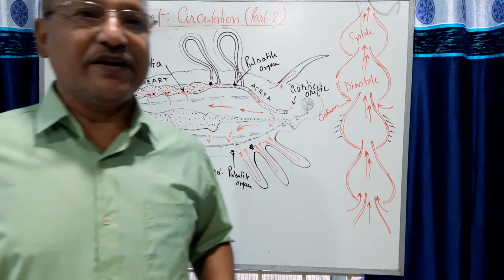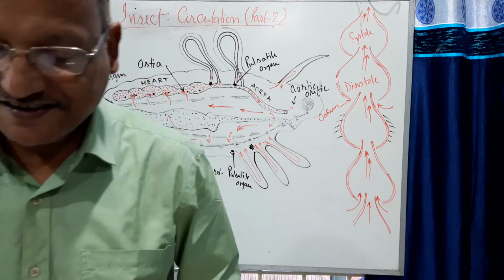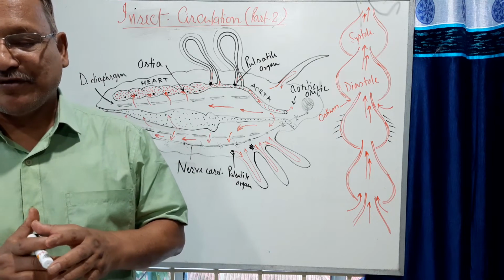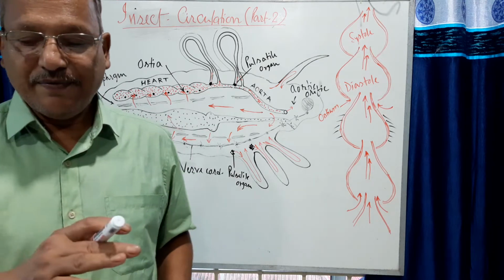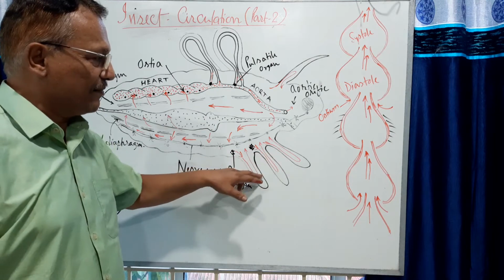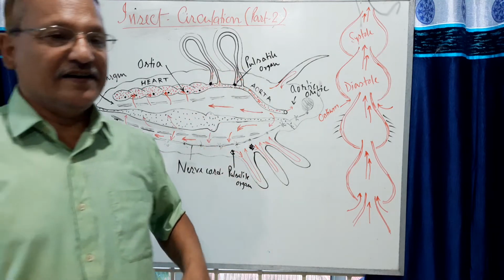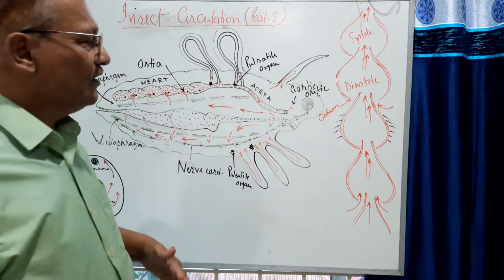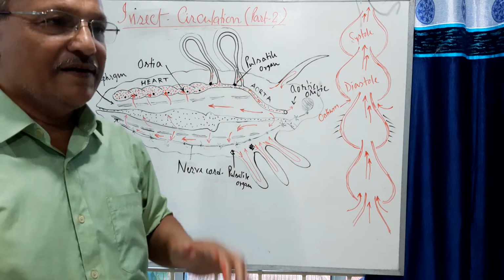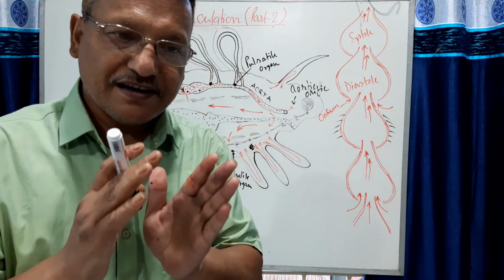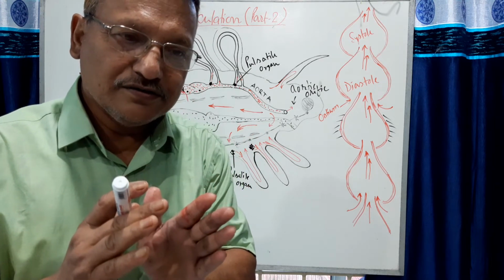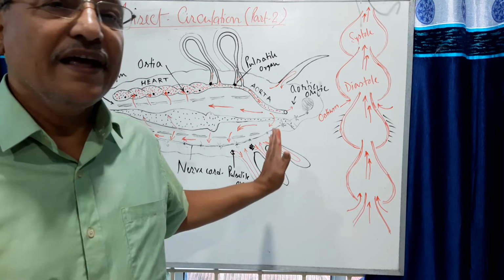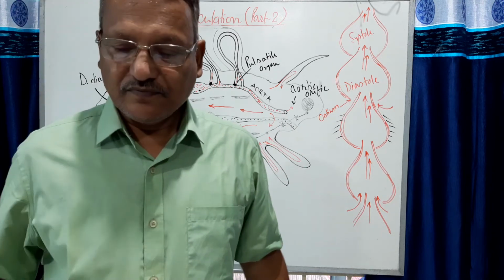These are the pulsatile organs which are joined with the lateral vessels. So these accessory pulsatile organs are capable of pumping the blood to the various tubular appendages. These are the tubular appendages, tube-like structures: wing or leg or antenna. Of course, I shall discuss later on how the circulation takes place in the wing, leg or antenna.